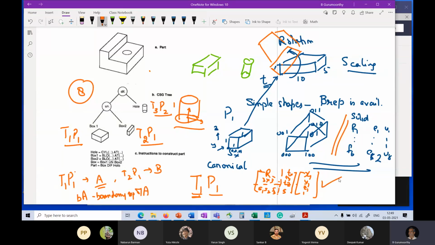I have done this on all the 8 vertices of the block. I know the connectivity and other things from this representation here. So between these two, I can calculate the boundary of A. This is known to me. Likewise, I also know the boundary of B. So the question then to be asked is that given boundary A, boundary B, the only thing that remains is how do we find the boundary of a Boolean combination of A and B, right?